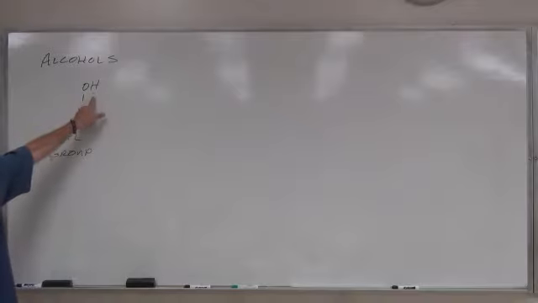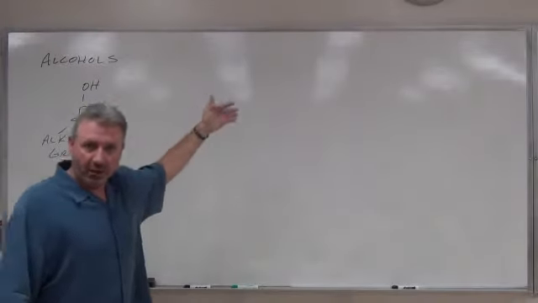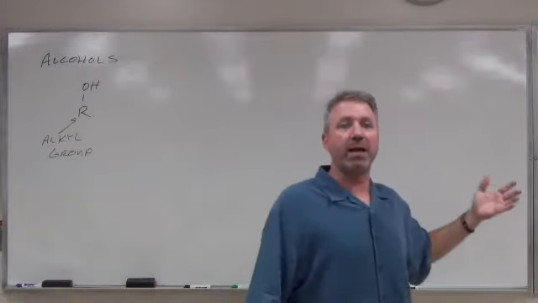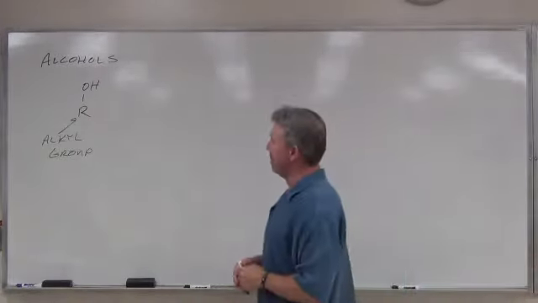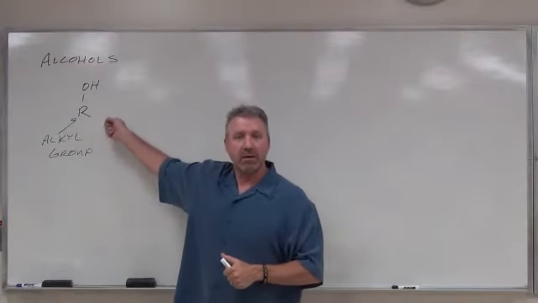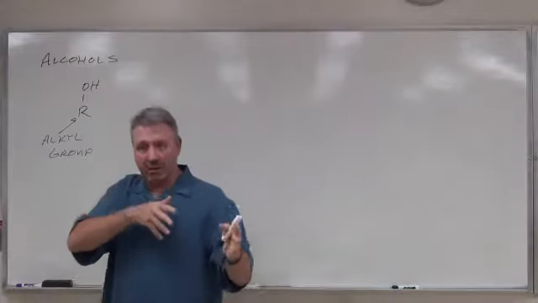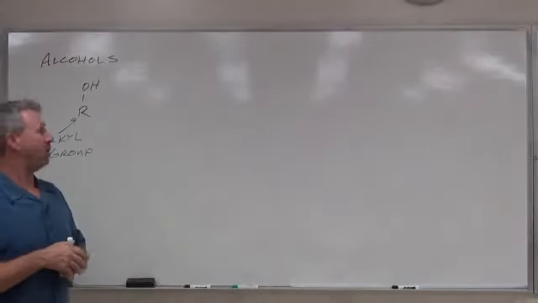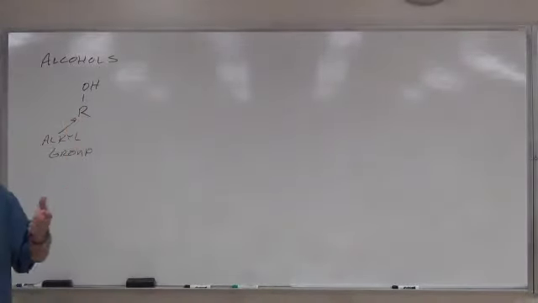Now, we've seen OHs, right? We saw them in bases. We looked at our definitions for an Arrhenius base. It was an OH minus producer, right? Anything that produces OH. The difference here is that the alcohols are bound to carbon, whereas the bases were bound to metals, right? So, covalent compounds versus ionic.